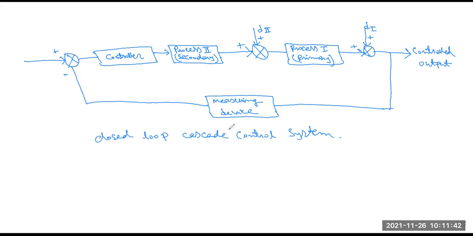So everyone see this. In this closed loop control system, we have to use these two processes or plants, that is process 1, the primary controller part, and another one, process 2, the secondary controller part. So in that case, we have to control the two physical parameters, like temperature, pressure, flow, speed, acceleration, humidity, whatever physical quantity you have to measure by these two, process 1 and process 2.